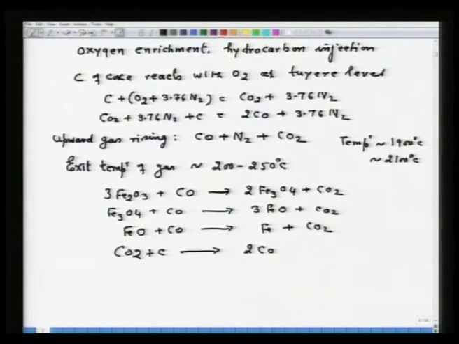So, these reactions are happening as a result of heat and mass exchange between the upward rising gas and downward